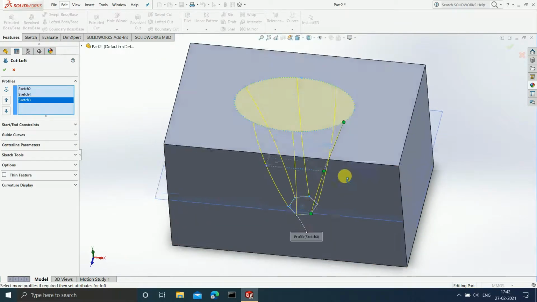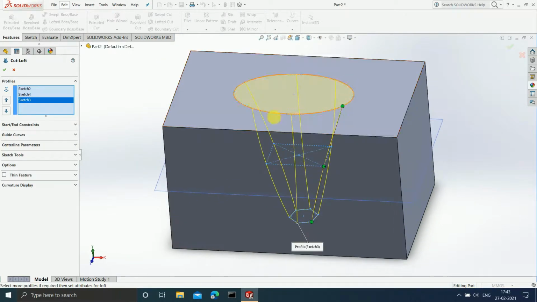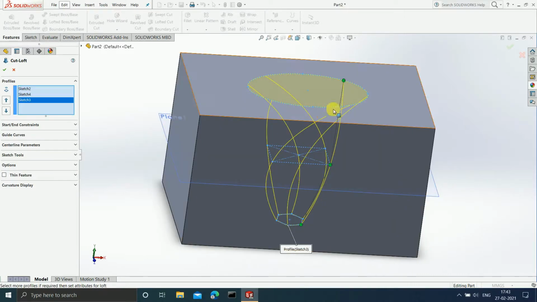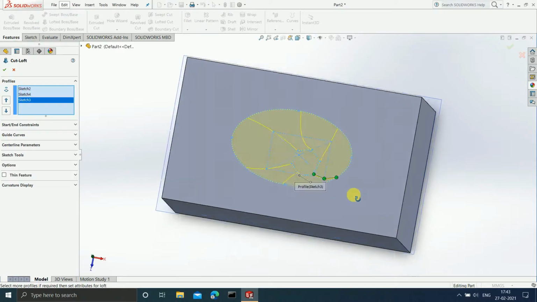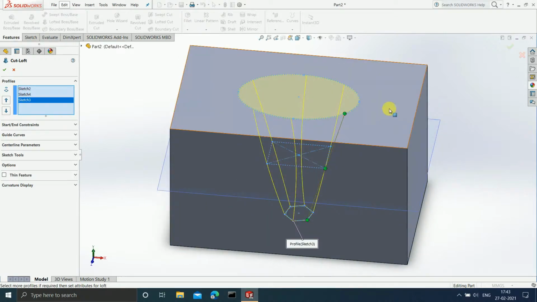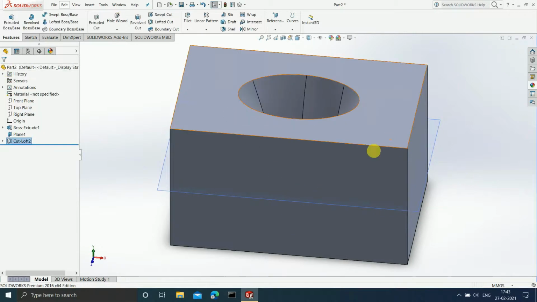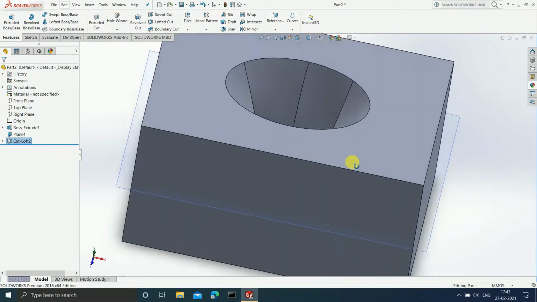Earlier what had happened is that it was twisted. Can you see? See, I'll show you. If I move this somewhere here or somewhere there, then it will get twisted again. See, observe guys. See, now it has got twisted. Can you see? Twisted paths. Okay, let's make it straight again. Okay, so this is how you can adjust. Okay, once this is done, now you can click on OK. See, this is the cut that you can see.